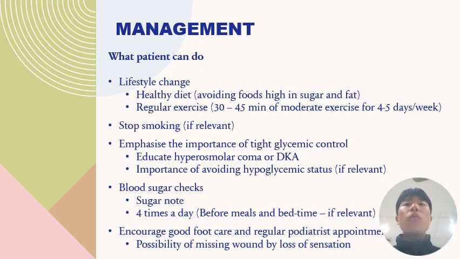After that, you can advise the patients about management. First, please tell what patients can do. Patients can change their lifestyle by healthy diets, which avoids foods high in sugar and fat, and regular exercise, 30 to 45 minutes of moderate exercise for 4 to 5 days a week. And if the patient is smoking, guide them to smoking cessation, and also emphasize the importance of tight glycemic control